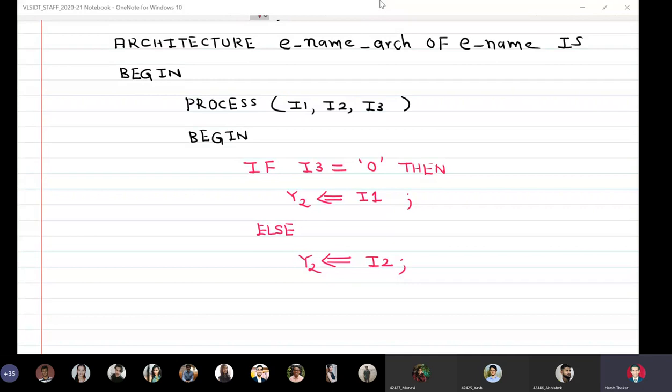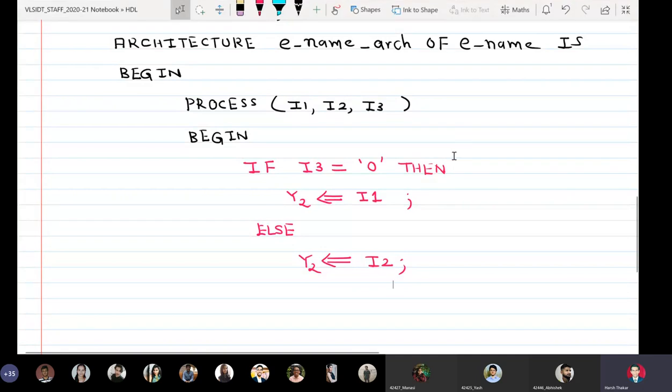Again here, as I told you yesterday in the VHDL constructs, for the last possible case of the input signal, you are not supposed to write anything. Like yesterday in that multiplexer example, I did not write down that y is assigned I3 when s equal to double quotes 11.